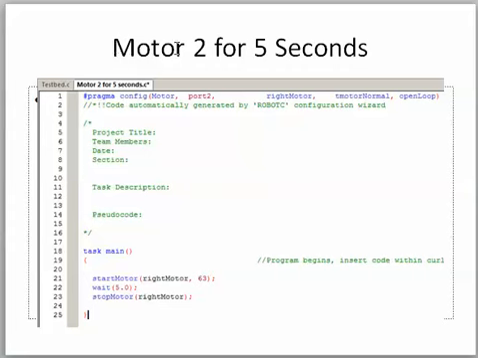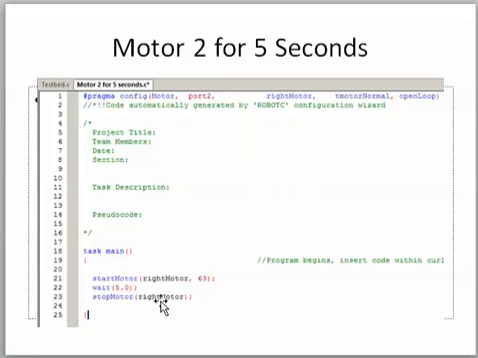Okay. Programming. Motor 2 for 5 seconds. How would we get motor 2 to run for 5 seconds? Well, what I don't like about this is they haven't filled out their top bit of information. They haven't given us a task description. What we have down here